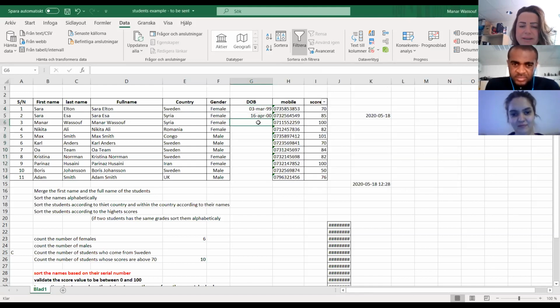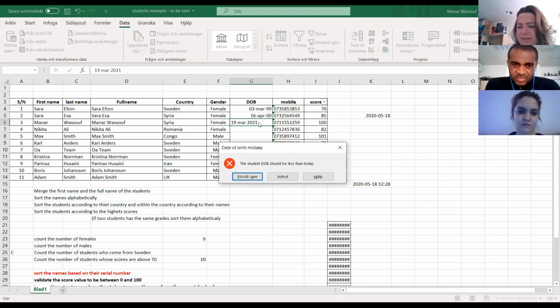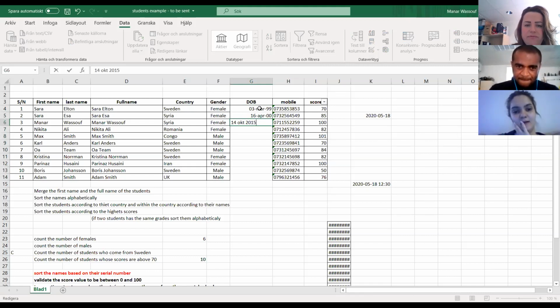So let's try, for example, if you are entering 19 March 2021. The student date of birth should be less than today. So what we have done actually is, let's say 14 October 2015.